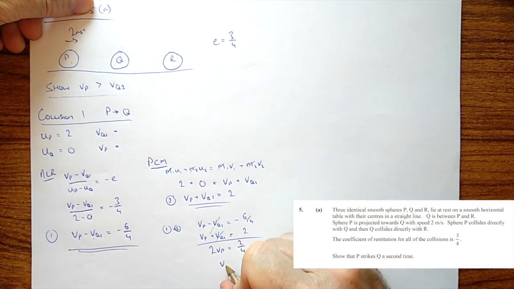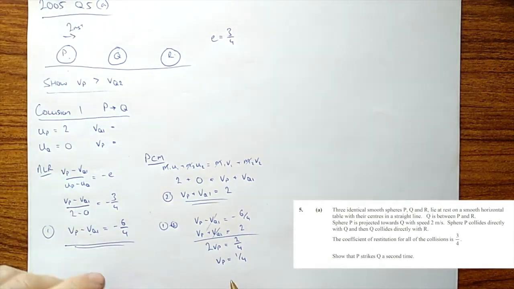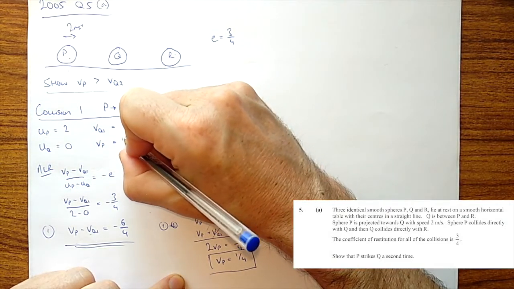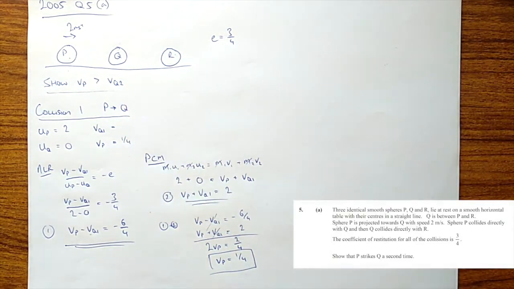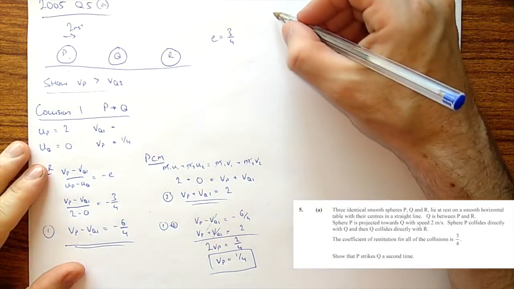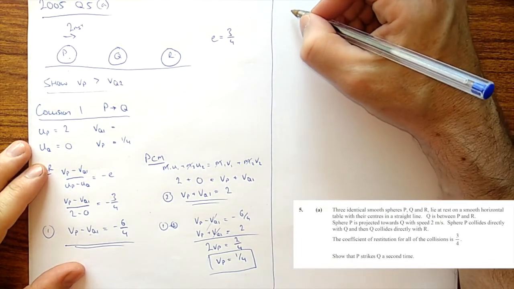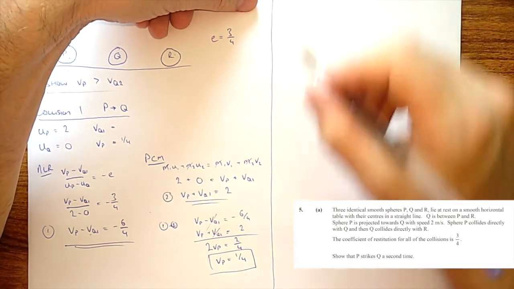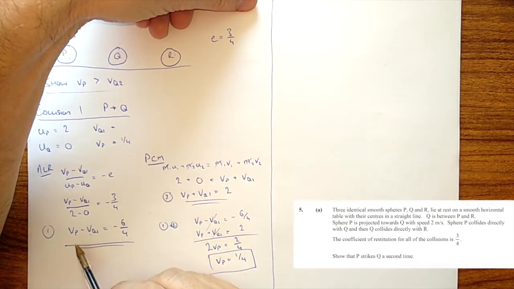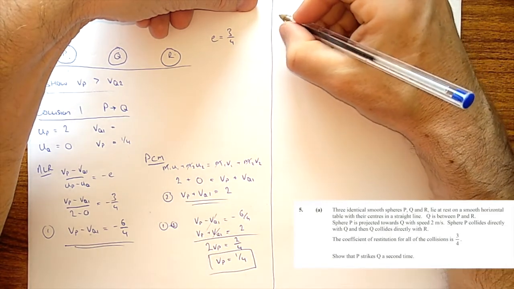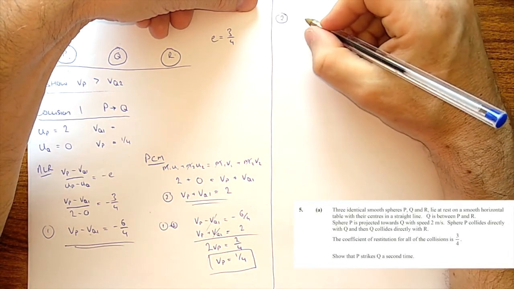All right, so VP equals 1 over 4. That is a very useful piece of information, 1 over 4. Now we are going to draw a little line here, and I'm just going to use the top little bit of the page to finish this one off. If VP is 1 over 4, this one looks a bit nicer to use, so using equation 2,